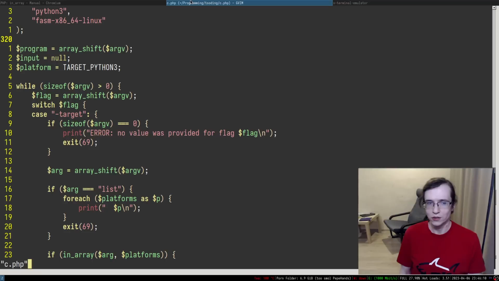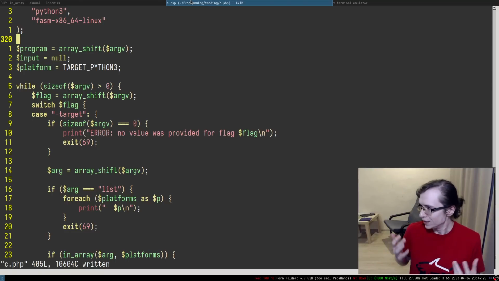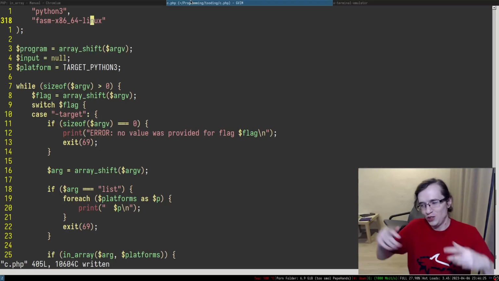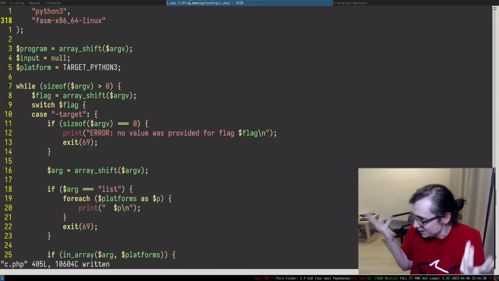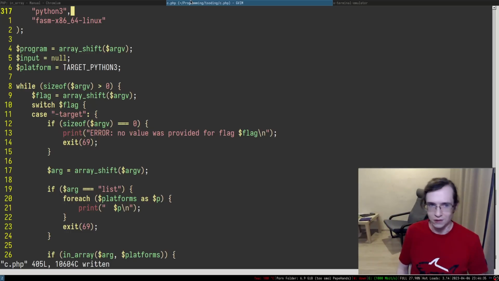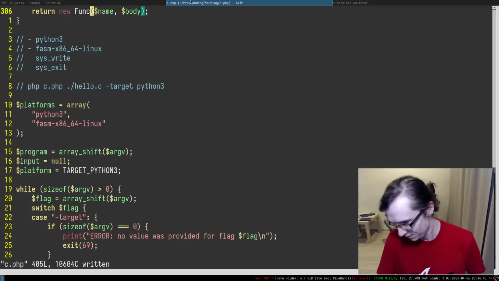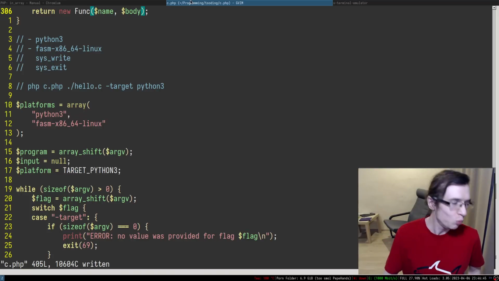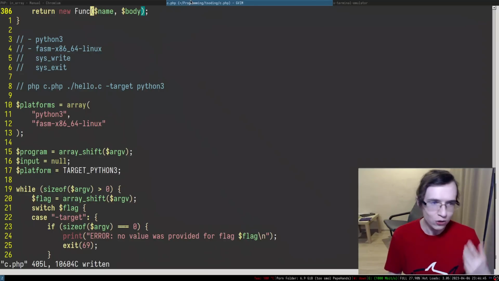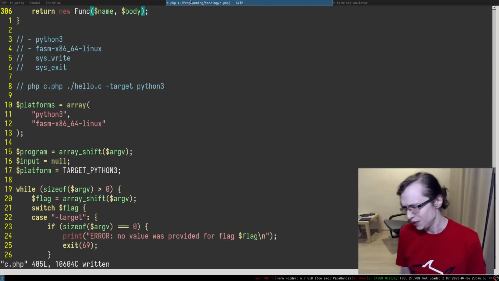So we implemented parsing of the flags in PHP, and I haven't run this code a single time, so I have no idea if it works or not. Just like an LLM, right? Because an LLM just generates code without even knowing if the thing works. It just generates something. It's your responsibility to run it and make sure that it runs. It's not the responsibility of the LLM. It has more things to do. It needs to handle the requests of other users. It gets no time to actually check your code. Check the code yourself. I mean, come on.